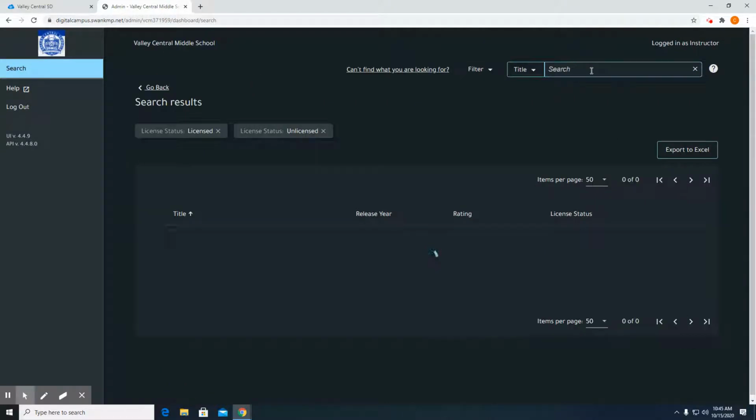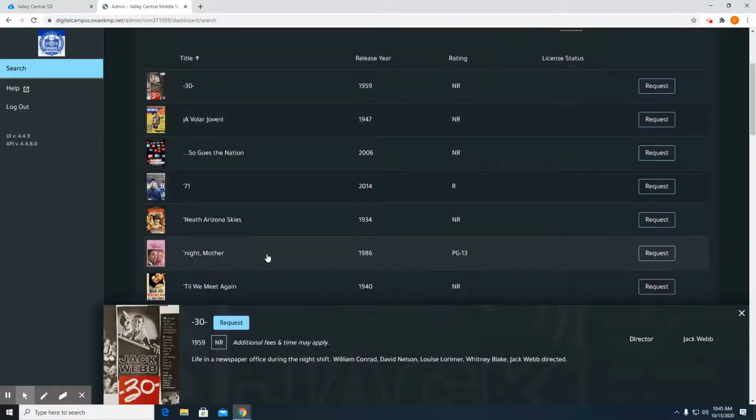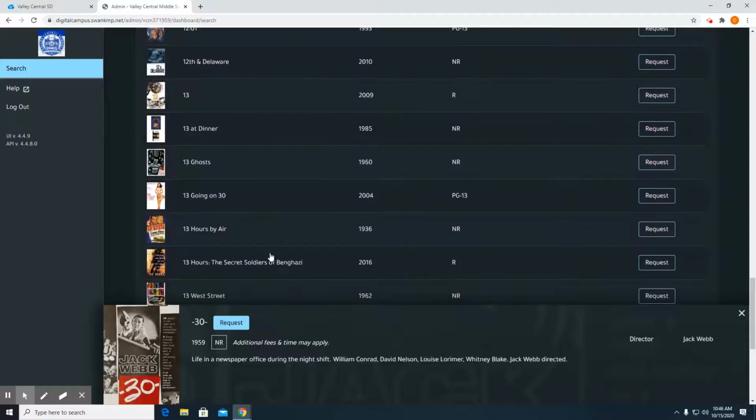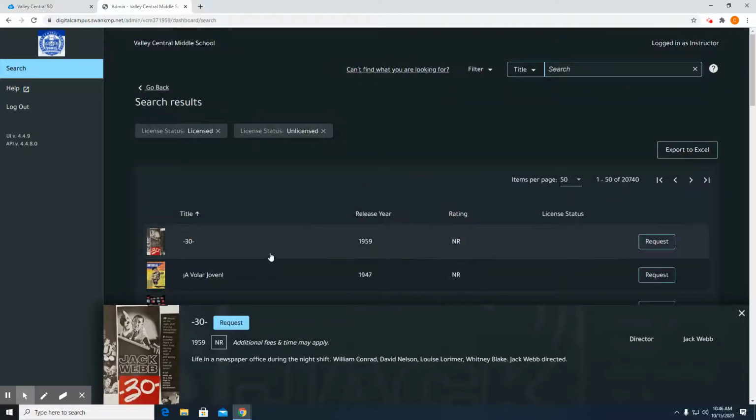And slowly over time, more and more systems will be added that allow you to log in without remembering your user ID and password. So again, as I get into Swank, I'm able to choose different videos and watch them. Scroll around, I'm able to search. That's the way Swank works. But the beauty here is I never logged in. Swank just knows that I am a teacher in this example, and I have access to certain videos based on